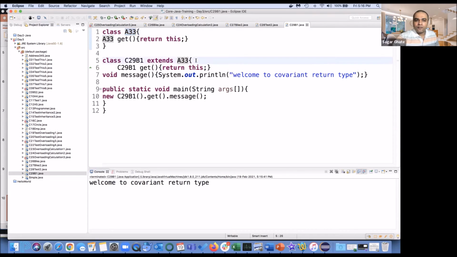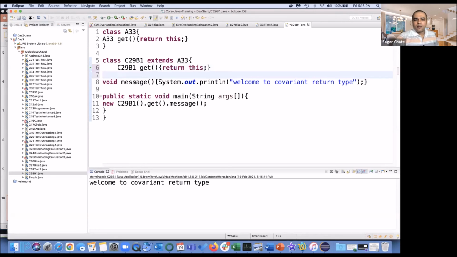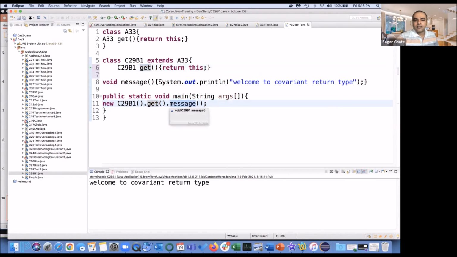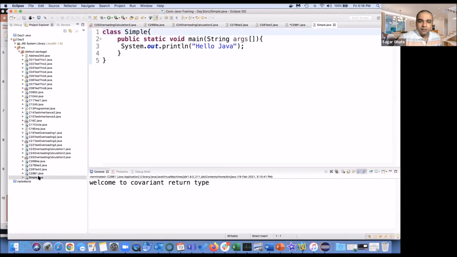So the instance of the child will be returned, and from the child class you can see this message is in the child class. That is why you can access it. Say suppose if the instance of the parent class was there, then you would not be getting this output. Okay, that was our first super program, simple Java.